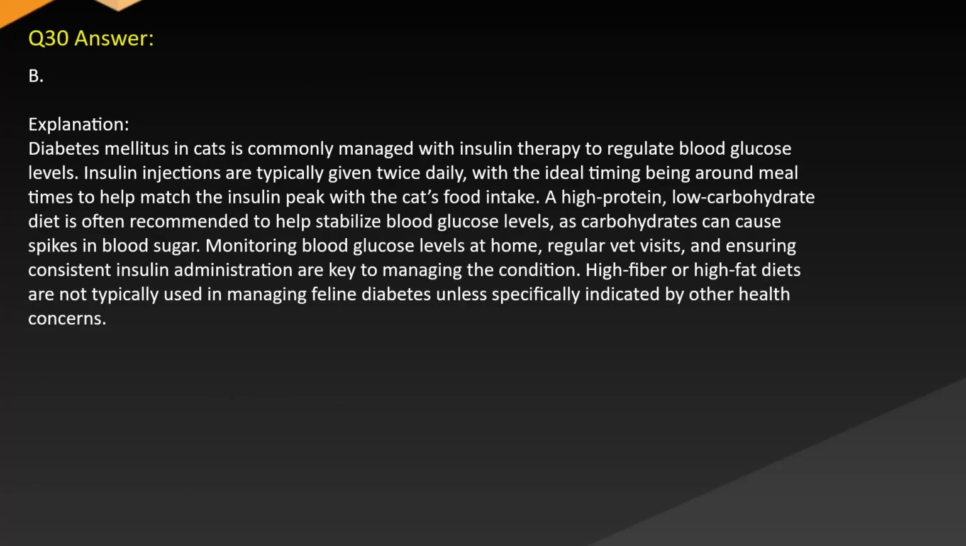Answer B. Explanation. Diabetes mellitus in cats is commonly managed with insulin therapy to regulate blood glucose levels. Insulin injections are typically given twice daily, with the ideal timing being around meal times to help match the insulin peak with the cat's food intake. A high protein, low carbohydrate diet is often recommended to help stabilize blood glucose levels, as carbohydrates can cause spikes in